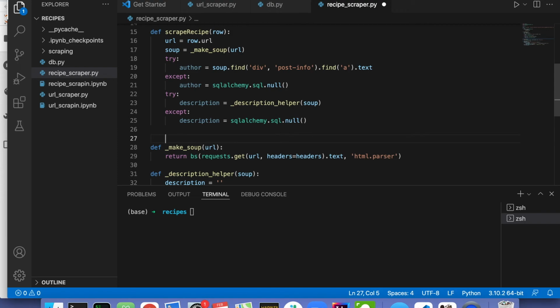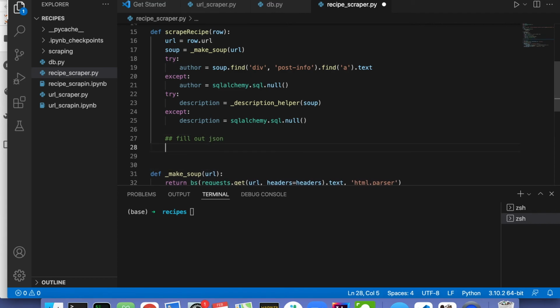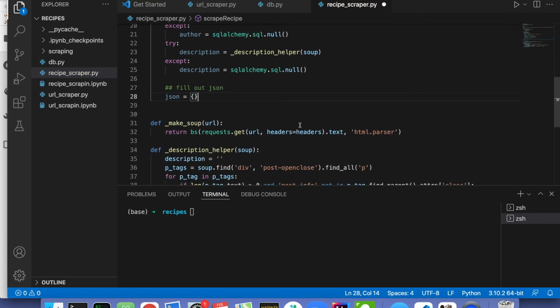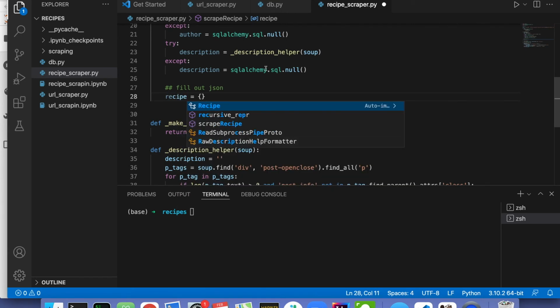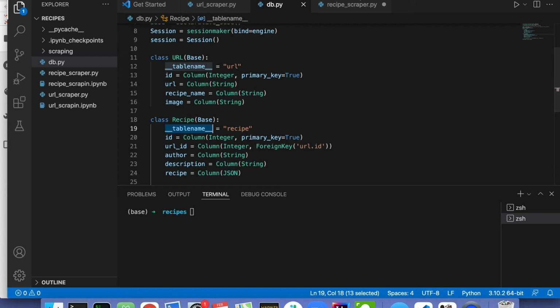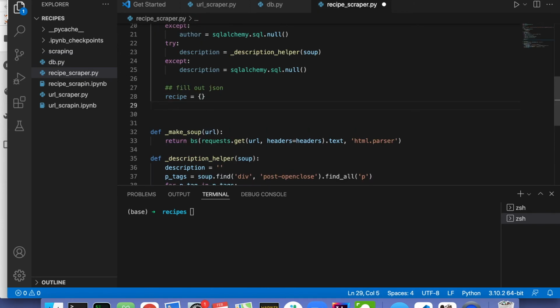So let's just say fill out JSON. Just kind of keep little reminders. And then we'll start an empty one. I don't know if it should be named that. Recipe. Well, it's called recipe in the database, right? Yeah. So call it recipe here. And then